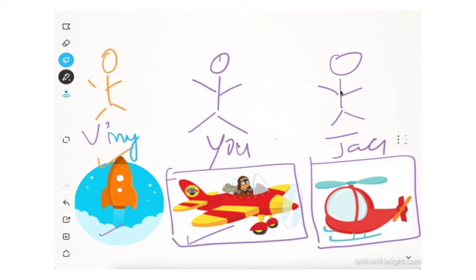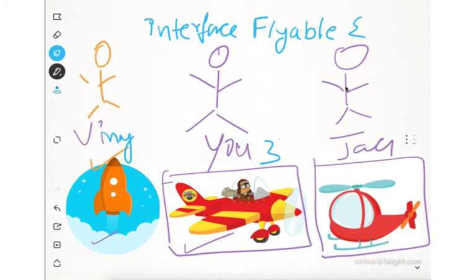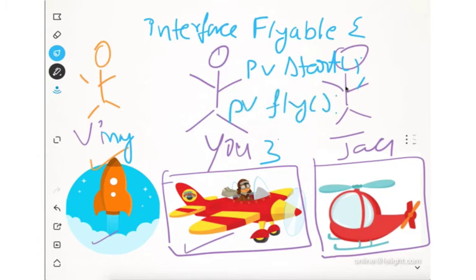Instead of telling everyone orally, what will the team lead do? He will create one interface. Inside this interface, you create a method called public void start. If it contains some return value, instead of void, you can say anything. Same way, public void fly, and same way, public void land.